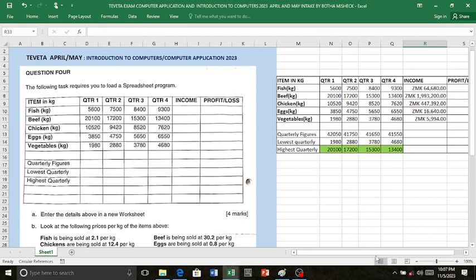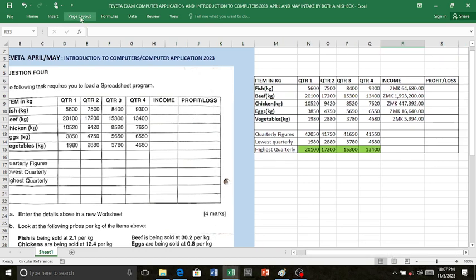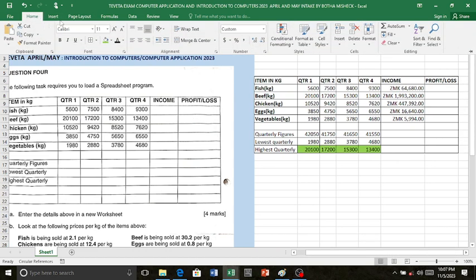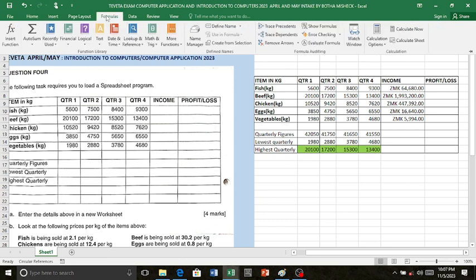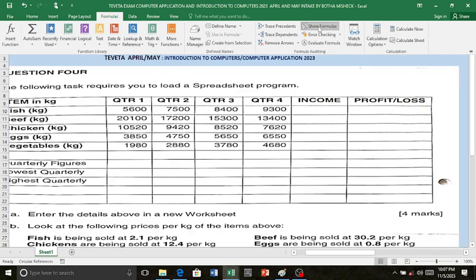Since we just want to see formulas, what you need to do is just go to the Formulas tab. When you go to formulas, there is this button here which says show formulas. So once you click on show formulas,